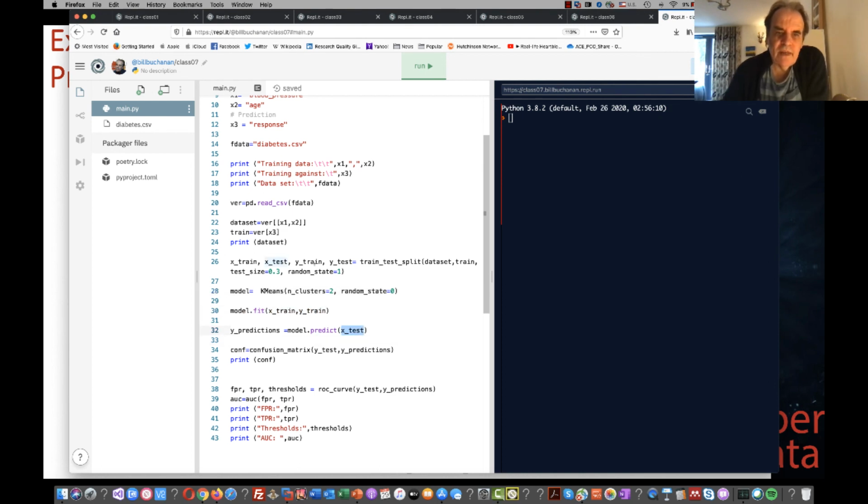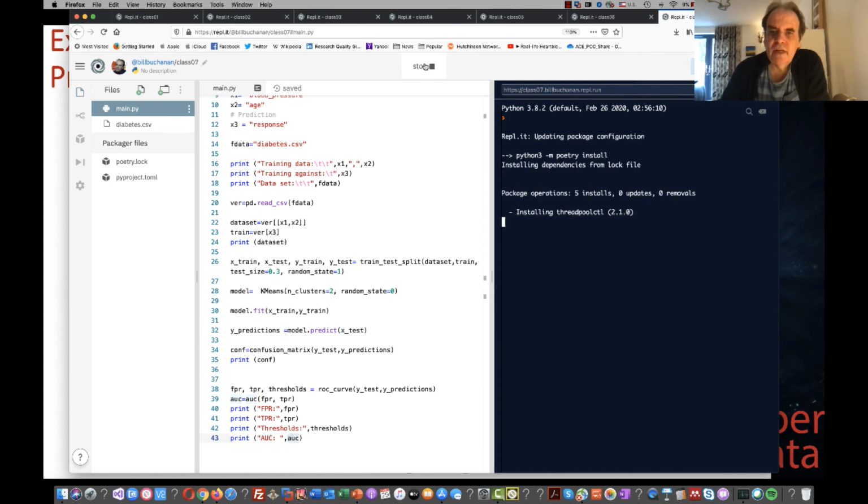Next, we take our test data, the 30%, and then predict, and we get our predicted values. After that, we can just run our confusion matrix between our predicted values and our actual values and see what we get. Then we can look at our ROC curve here and draw that and get our area under the curve.